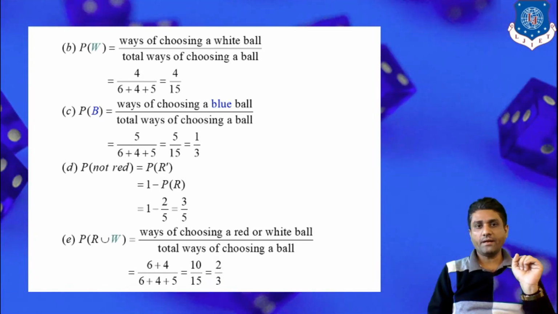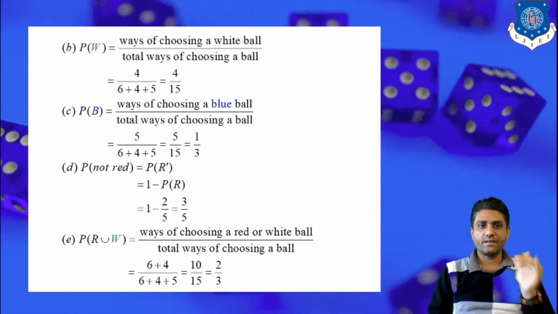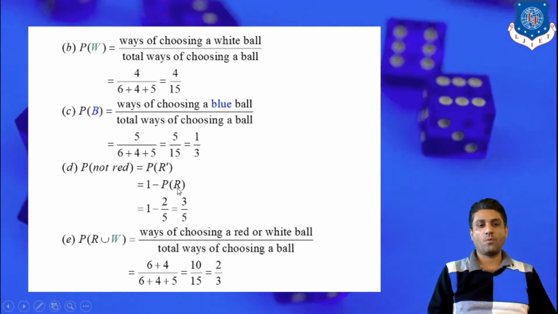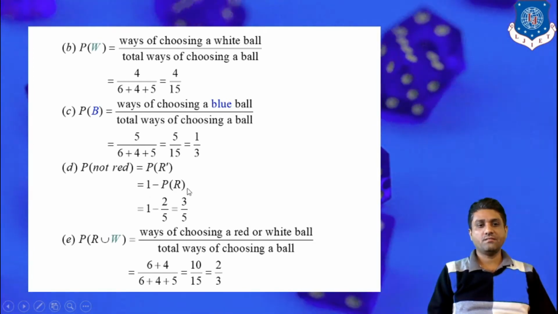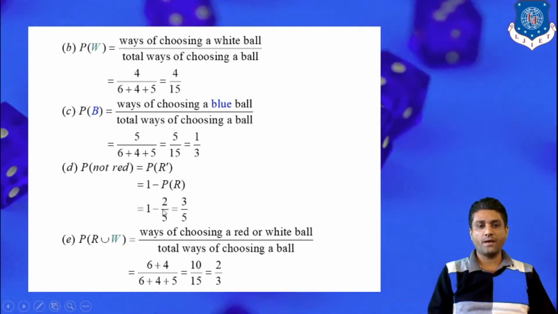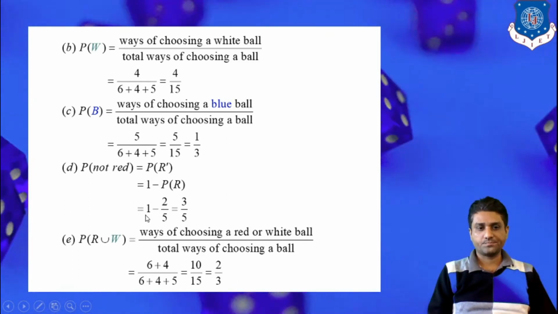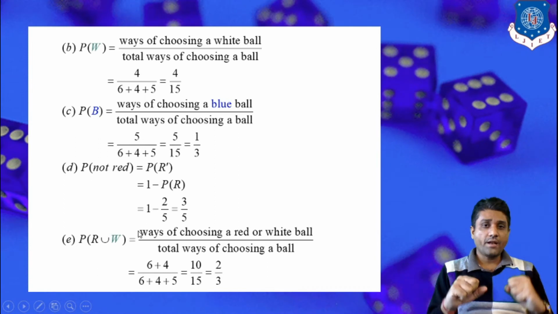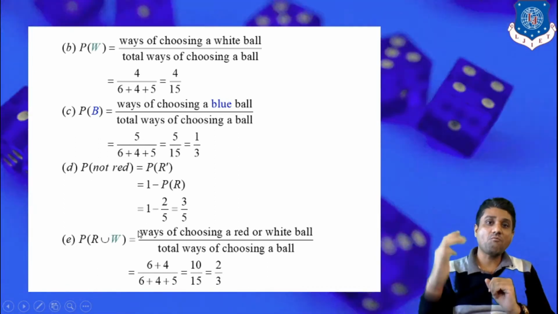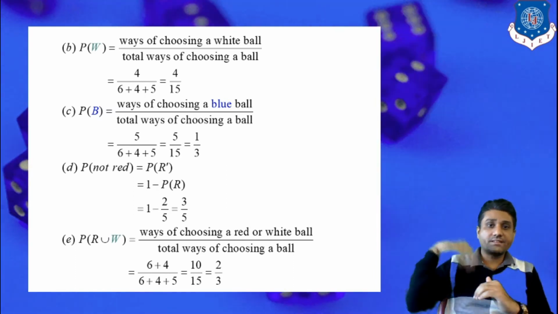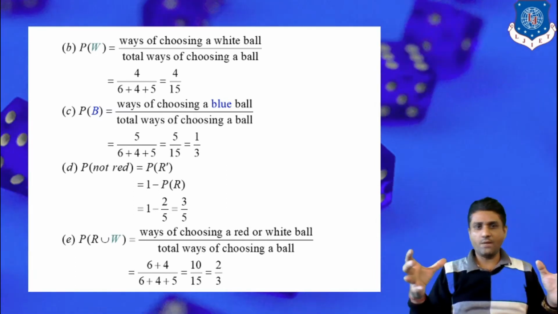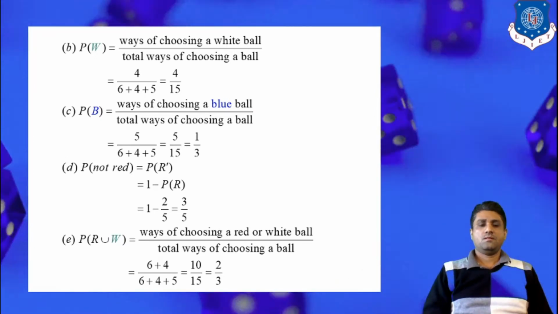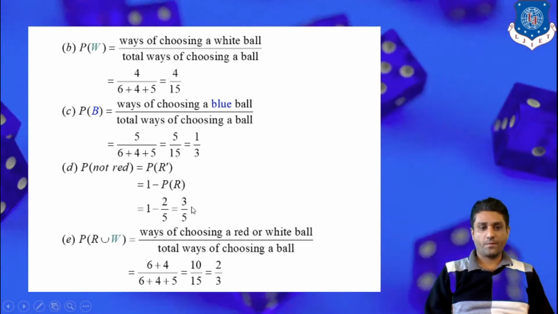And again we use the complement rule of set theory. We know that the probability of A complement is 1 minus the probability of A. So we use the same formulation, 1 minus probability of R. In the first option, we found the probability of R is 2 by 5, so we subtract it from 1. Why do we consider 1? Because the probability of any random experiment is at most 1. The probability never exceeds 1. If a particular random experiment certainly occurs, then its probability is 1. So 1 minus 2 by 5 gives 3 by 5.